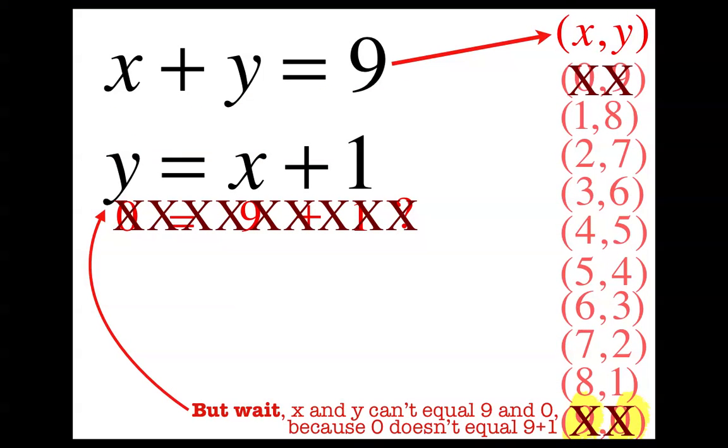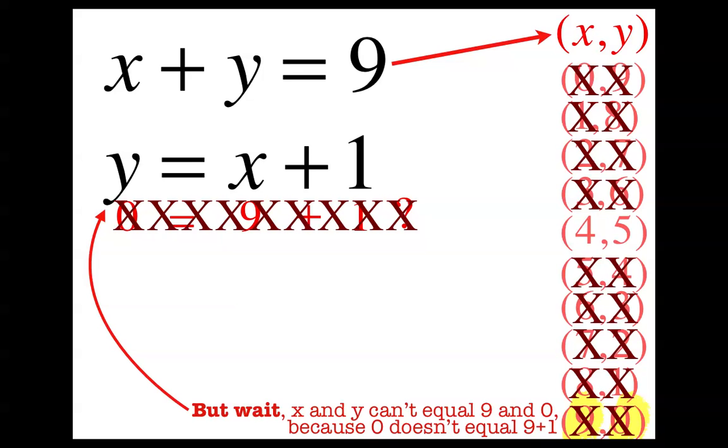So we're going to cross that one out. And I think if you kept on testing them and testing them, you would find that a whole bunch of them don't work. And you could test them yourself, like plug in a 3 for x. 3 plus 1 is not 6. Okay? And you could test, and eventually what you would figure out is that 4 comma 5 is the only